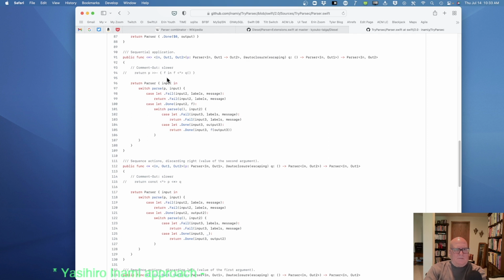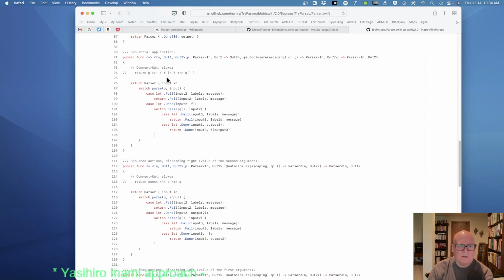Okay, now star is parse the input. P is a parser. Q is a function that creates a parser from nothing. And I don't see where out 2 comes in. Oh, P is a parser from out 1 to out 2. Q produces a parser from in to out 1.